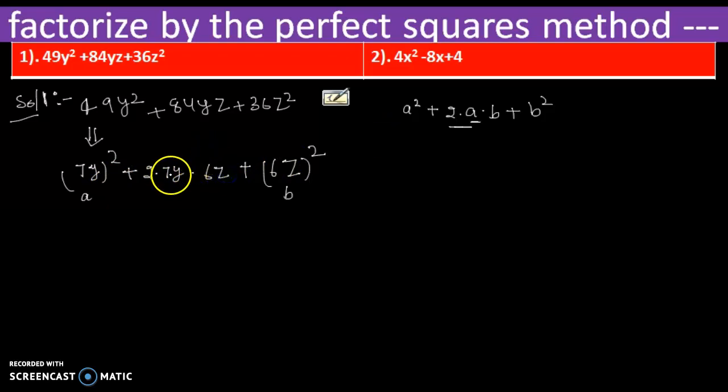So students, let us check this middle term equal to this. When we check, 2 times 7 is 14, 14 times 6 is 84. So here we see this is equal to the middle term. So now we see this question is in the form of this formula. So we write as